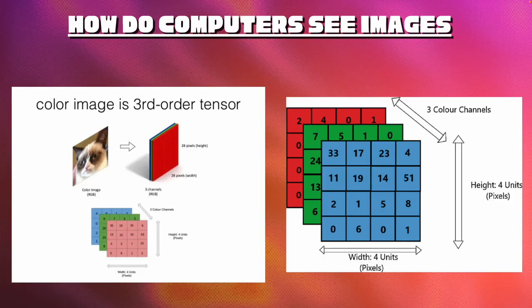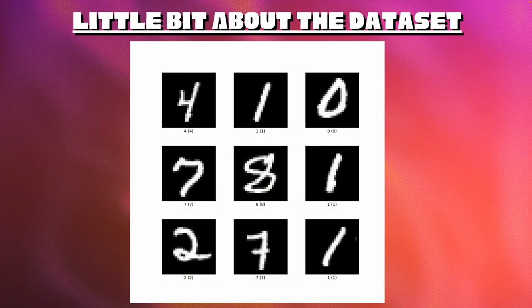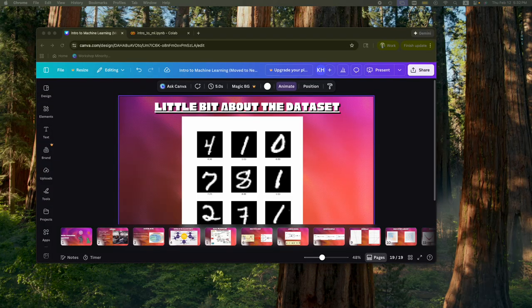So we're going to be training a model using something called the MNIST dataset. Very basic. If you've ever even touched an atom in the machine learning pool, you've probably heard of MNIST. It's this dataset right here. We're going to be training one to predict numbers, the images of numbers. And as you can see, they're grayscale, so they actually won't be red, green, and blue. They'll have just one color channel.